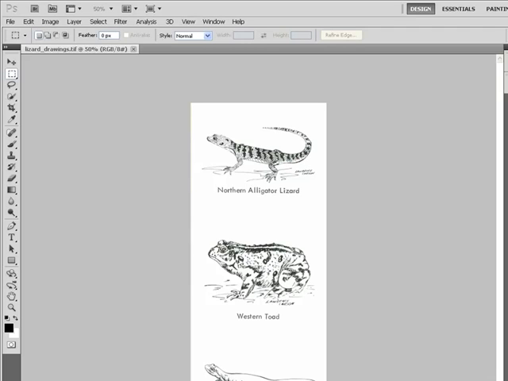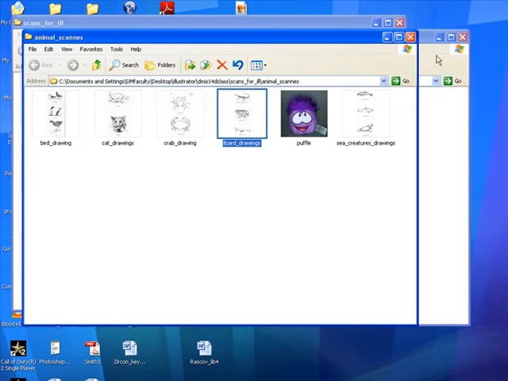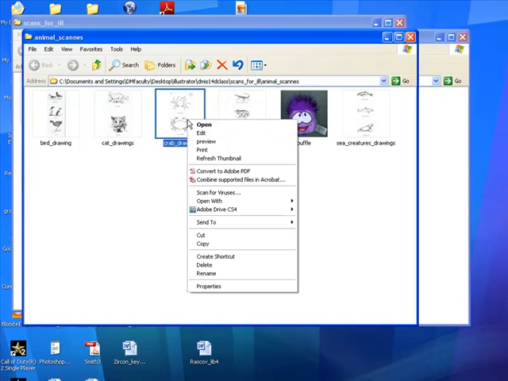Okay, for your first assignment, I want you to work on drawing animals. I know in the first class we kind of did this, but it's good practice, and knowing how to draw using the pen tool and practicing the pen tool, the more animals you draw and the more times you use the techniques, the better you'll get. So, in this case, I have included on the CD here, or on the website, a variety of different